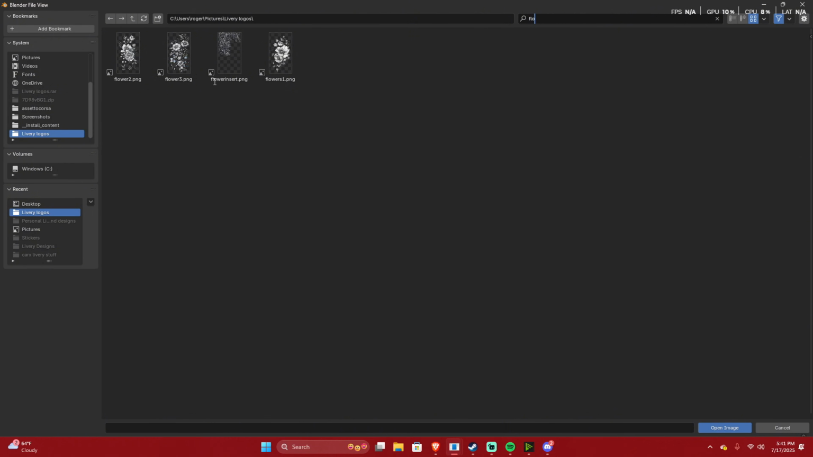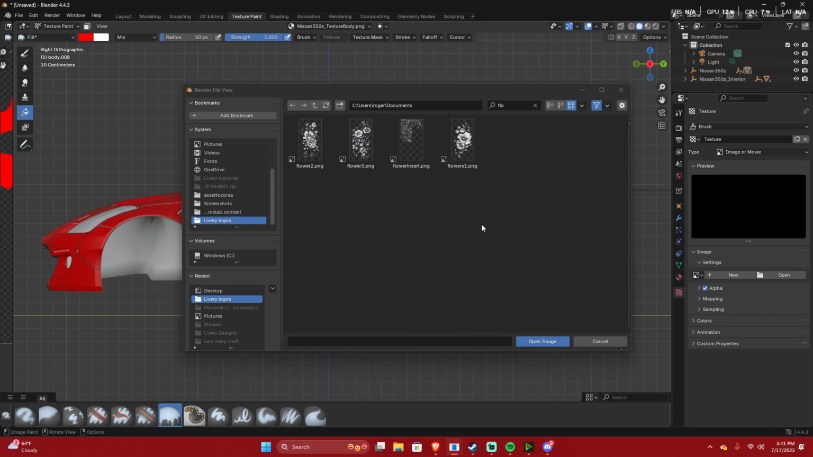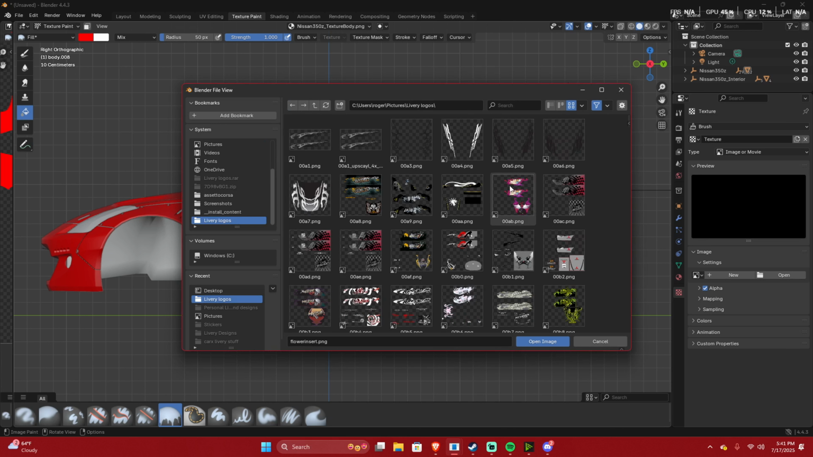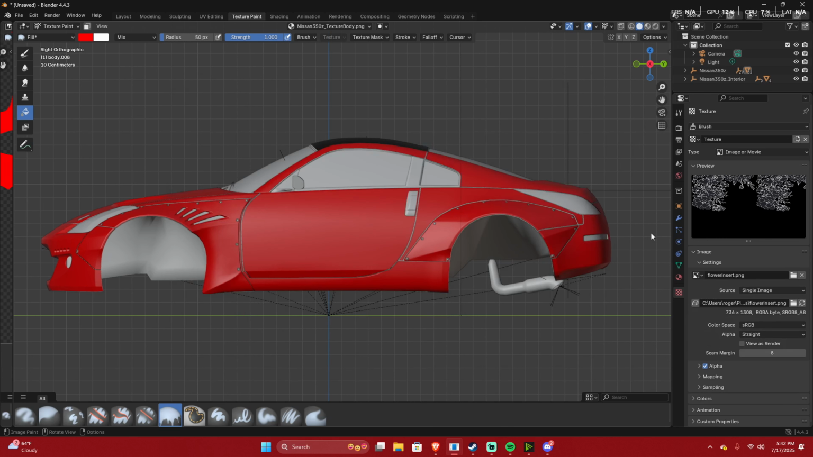So whatever sticker you want to use. I think I've got flowers. Yeah, I do. Okay. So you'd find whatever you want to use. Make sure you do file open, okay? Don't just pick random stuff. So I'm going to use this first, open image. Okay. Now,